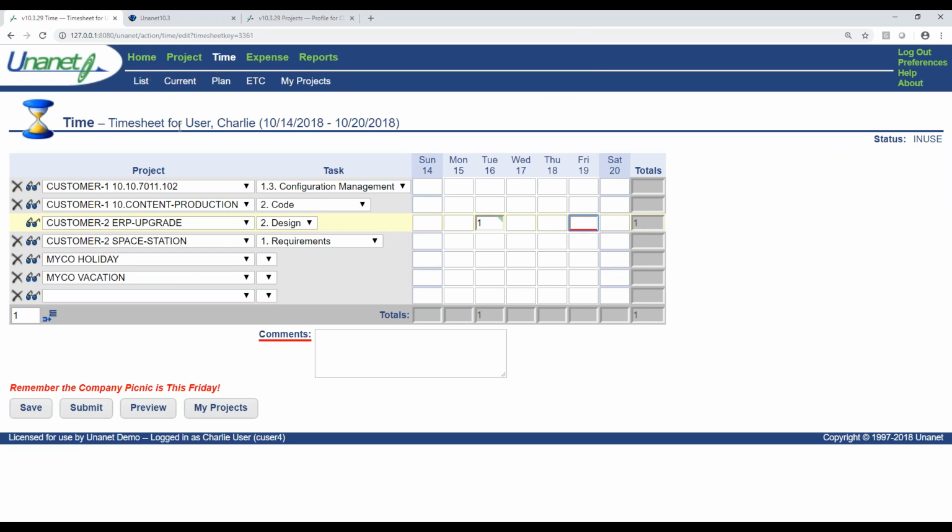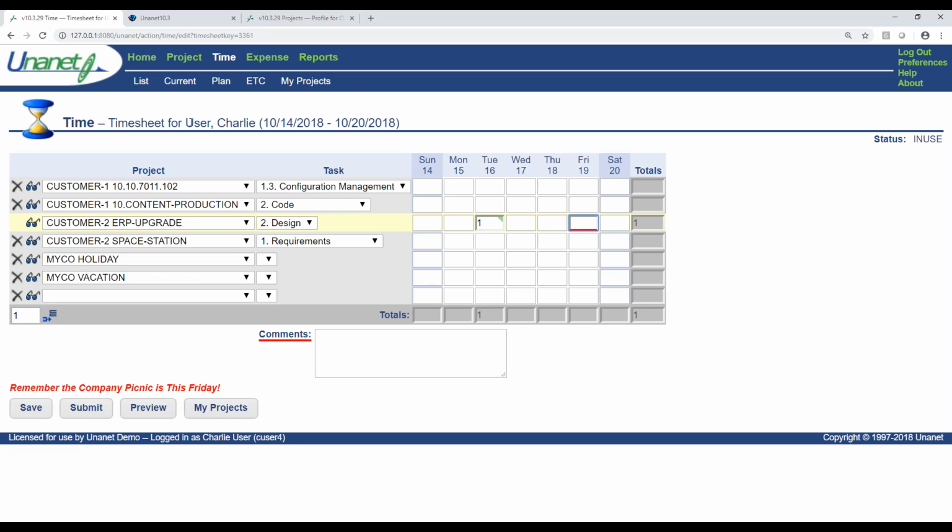I guess the couple parting thoughts I'll leave here on that timesheet. Number one is I like to call it dirt simple. So I've been in Unanet for a few years, but nobody ever trained me on how to enter my time in Unanet. I got an email my second day, included the link. I clicked on that link. I entered my time. I moved on. It does make for a very easy experience. You guys have seen it for 5 minutes. I'm sure everybody on the webinar could enter their time.